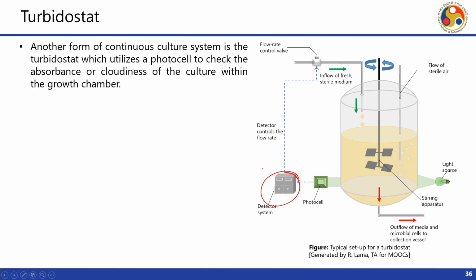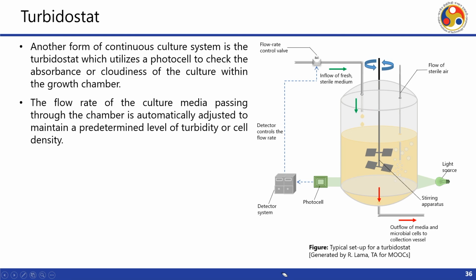the detector will detect this, and then using this feedback it will control the flow rate of fresh sterile medium into the system. So, on this side there is the inflow of fresh sterile medium, and on this side there is the outflow of media and microbial cells to the collection vessel. The flow rate of the culture media passing through the chamber is automatically adjusted to maintain a predetermined level of